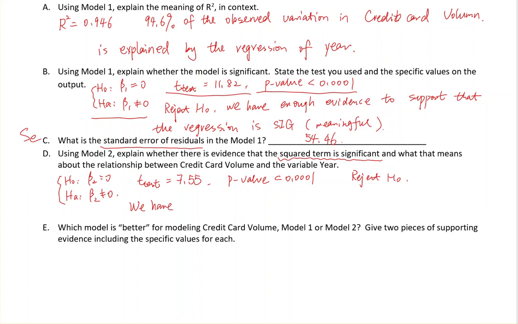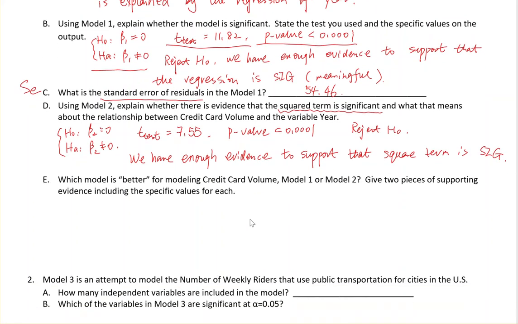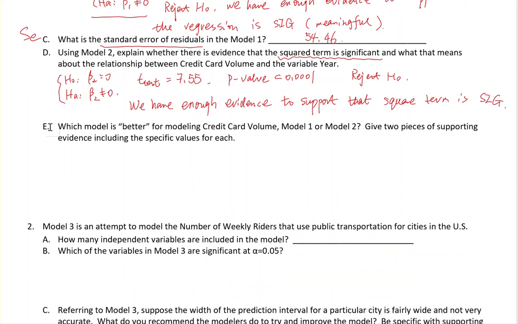We have enough evidence to support that the square term is significant, right? Okay, then next, number E, which model is better for modeling the credit card volume, Model 1